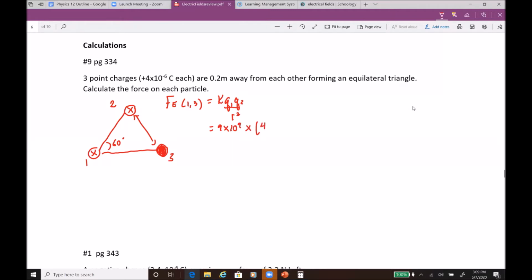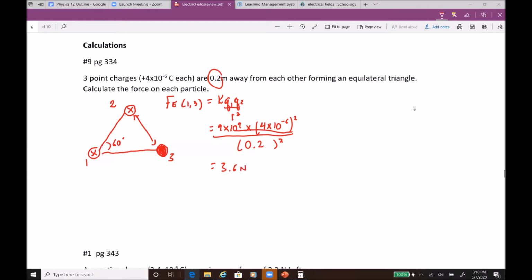The same charge, and the distance between them is 0.2. I said I was going to leave out the units, and then I put the unit in. So there you go: K times the charge, because it's the same charge, squared, over 0.2 squared. That's going to give us a force of about